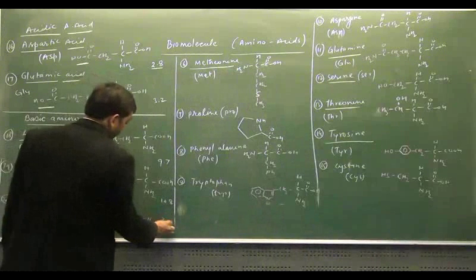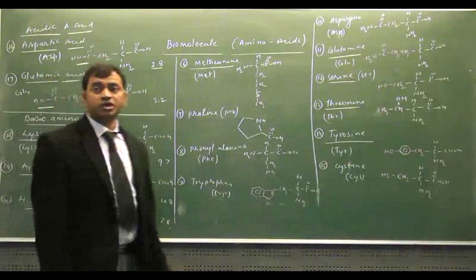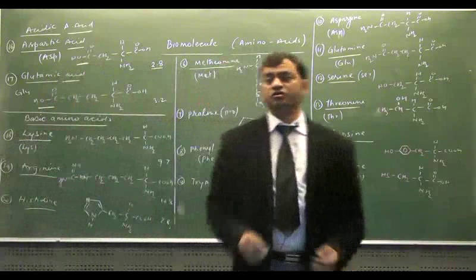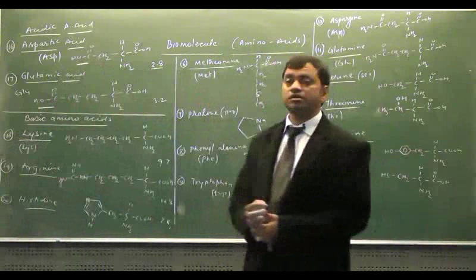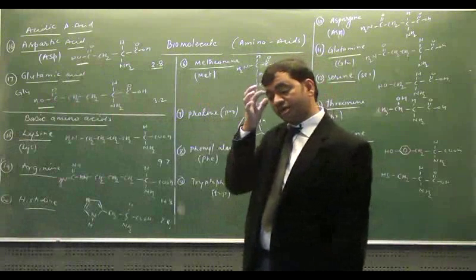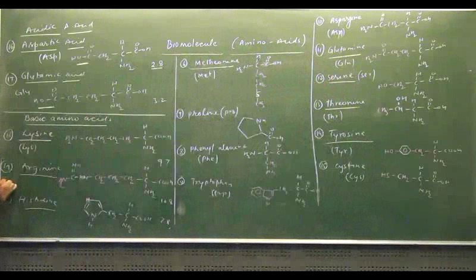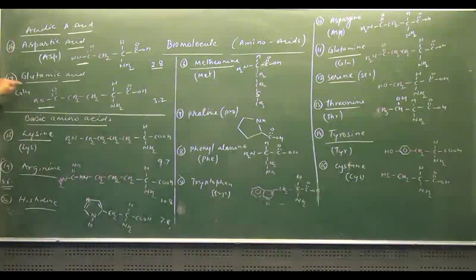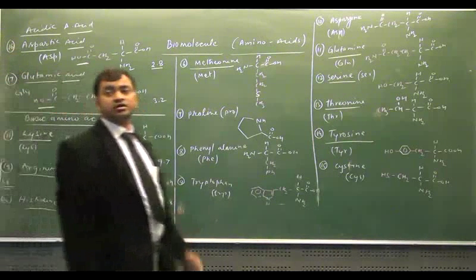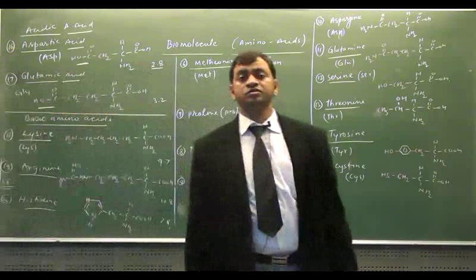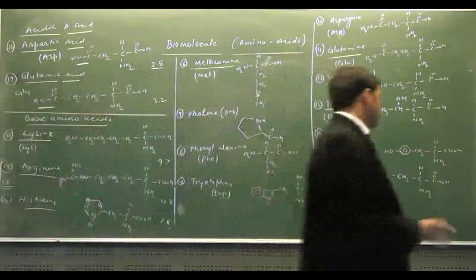isoelectric point is 7.8. So these are total 20 amino acids, out of which 8 are essential, 10 are non-essential, and 2 are semi-essential. Semi-essential also are counted as essential. These are 3 basic: lysine, arginine, histidine. 2 acidic, aspartic and glutamic, and others are neutral amino acids. Come to the next,